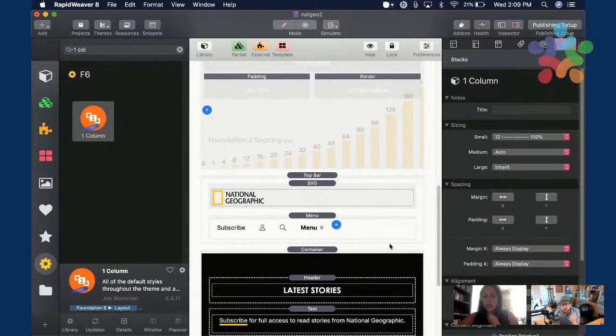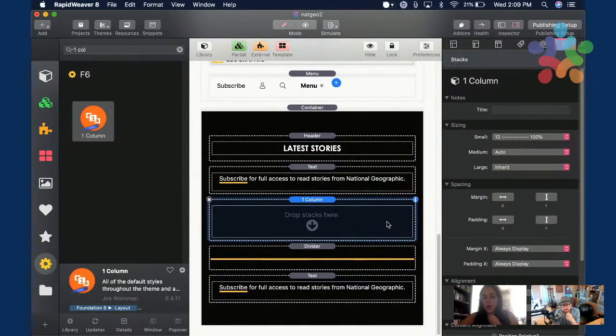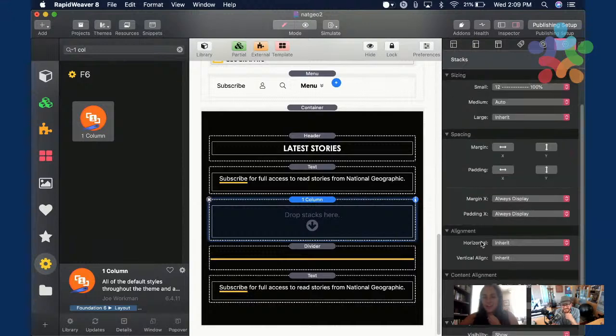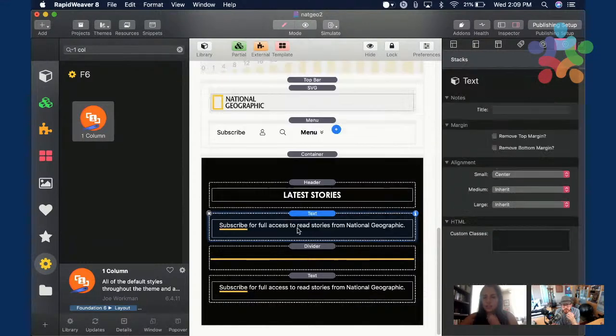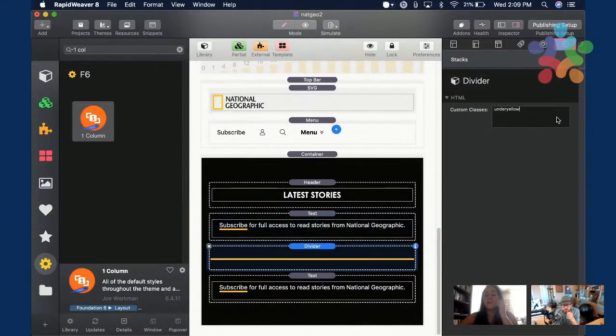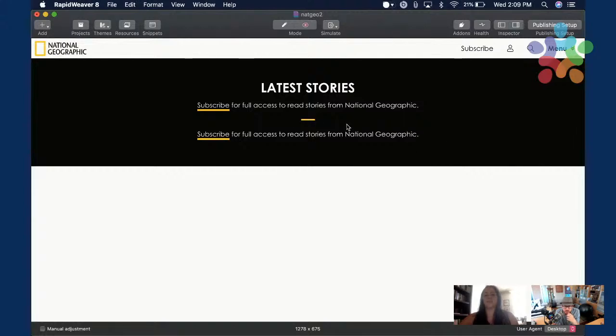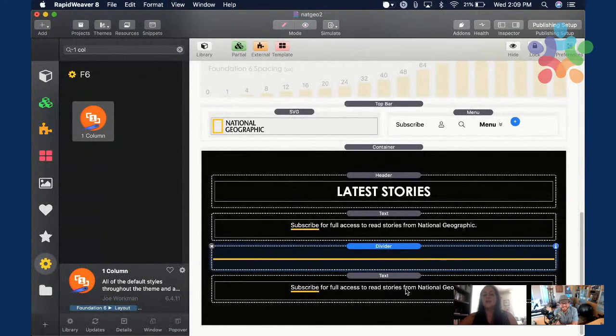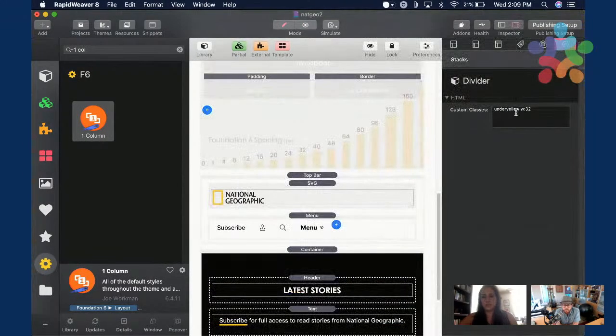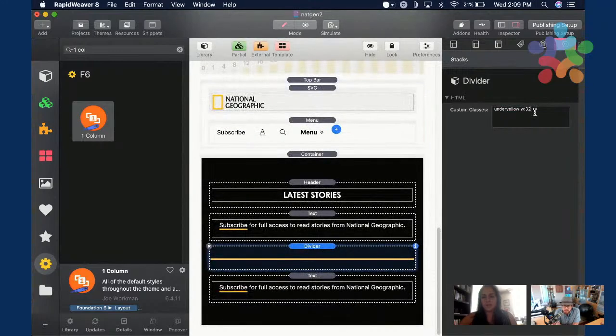Or you can use a utility class on the divider. How? Just add a width utility class on the divider. Oh, right. You can do that too. So just W colon, I don't know, 48. I don't know how big do you want it? Okay. I think that should work. Would that work? Yeah, it does. Boom. So yeah, you can do that. Put the divider, and then use a utility class.